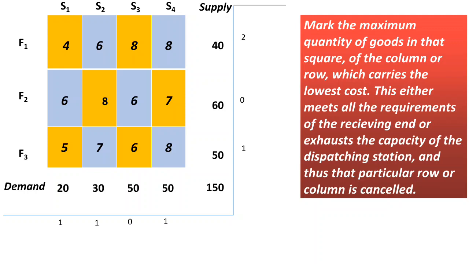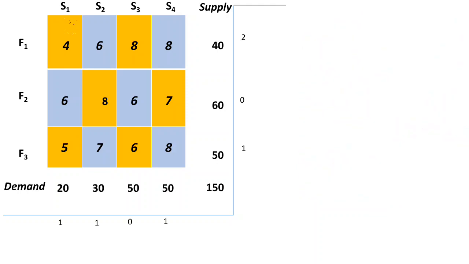So now here you see the least value in row 1 is 4. So we allocate 20, which is the minimum of 20 and 40. So allocate 20 here. So the remaining demand for store 1 is 0 and the supply which factory 1 still can give is 20. Now we cancel the remaining 2 blocks here because there is no need of demand for store 1. Next step is to again calculate the penalty of the remaining columns and rows.